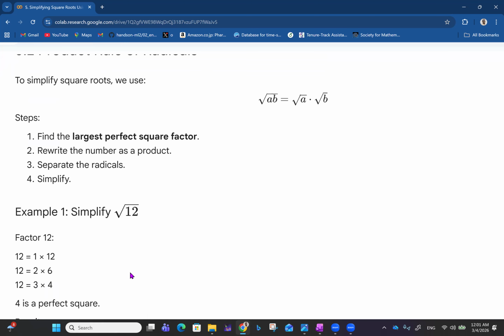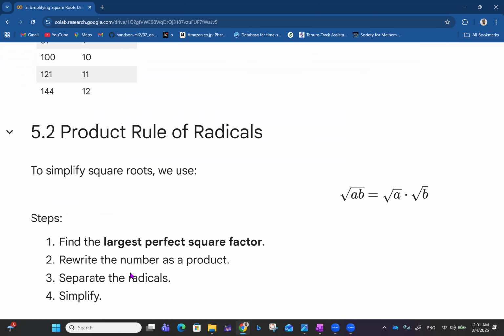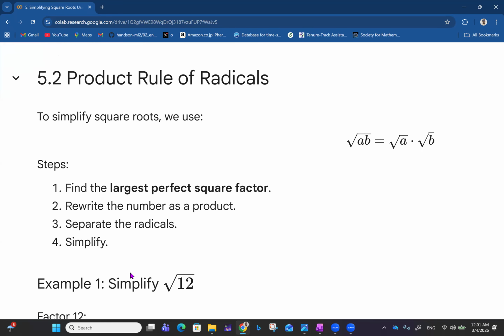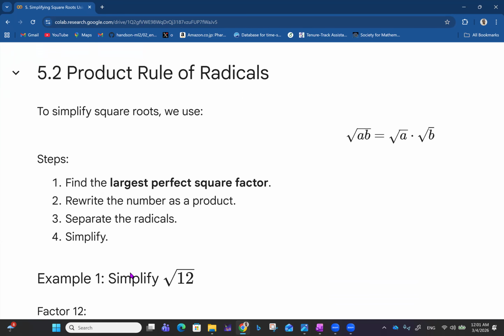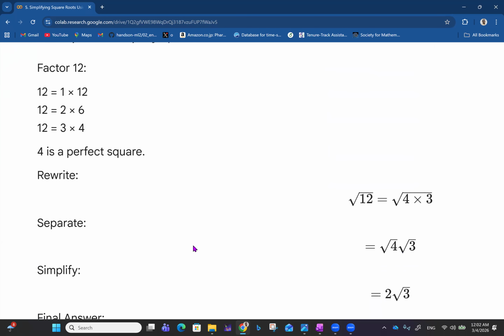Then we have the product rule of radicals. This has been implied in many things we've done previously. So talking about the product rule of radicals, we say that to simplify square roots, we use the fact that the square root of a multiplied by b is equal to the square root of a times the square root of b. The steps here: find the largest perfect square factor, then rewrite the number as a product, separate the radicals, and simplify. For instance, in example 1,